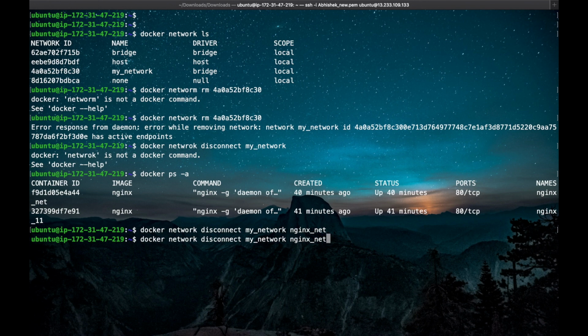One container is removed from my custom network, and let's remove the other one. Both containers are removed from my custom network, so we can easily remove that network. We have this command, and we have to provide a network name or network ID.